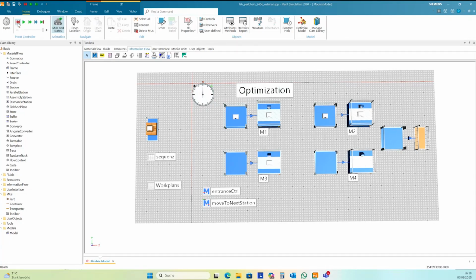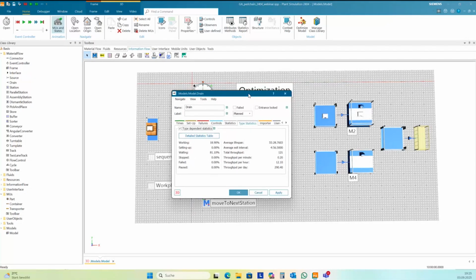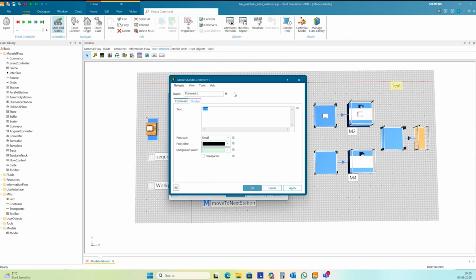So I run this, and then I get a result, and it's 121, and this I write into my frame, and this is my starting point.